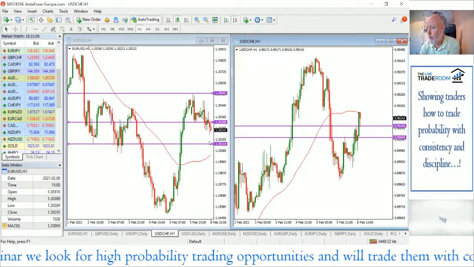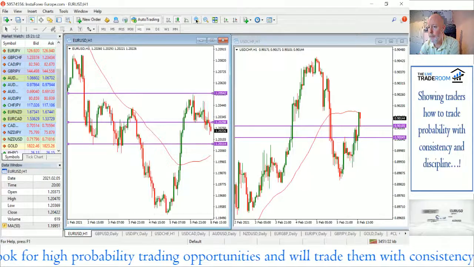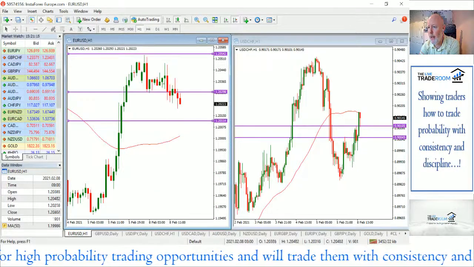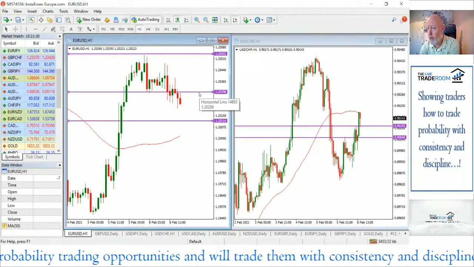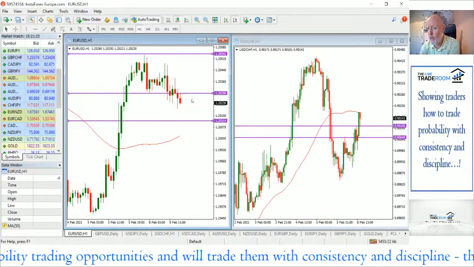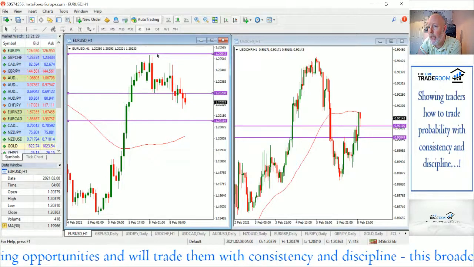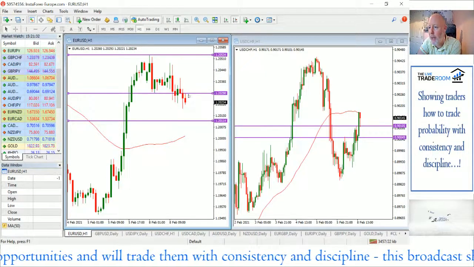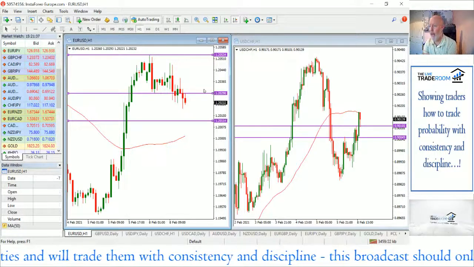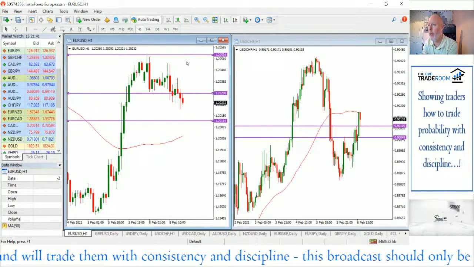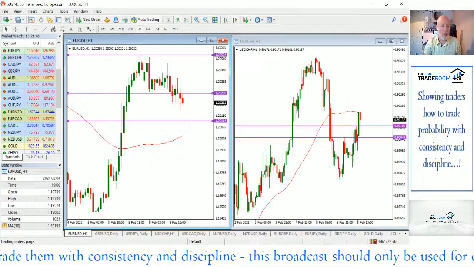So look, I'm just looking at what's going on here in the euro dollar. So we do like this market back to the downside. So there could be a viable trade here, and the low is the 2029, and we're only sort of 6 or 7 pips lower, and as I'm talking I'm sort of missing the opportunity almost, but we do have a clearly defined opportunity in here. So what I'm going to do is we're going to execute a trade. We're getting in probably 3 pips, 4 pips too late for the ideal entry. It's just because I've been talking a little bit too much, and we've got a clearly defined structural high here at the 120.53.